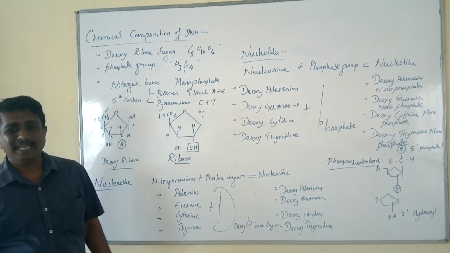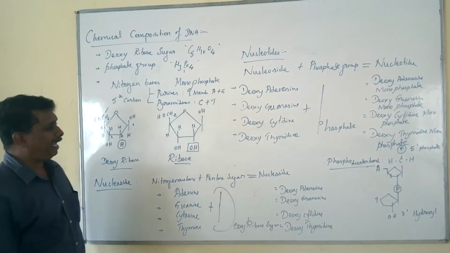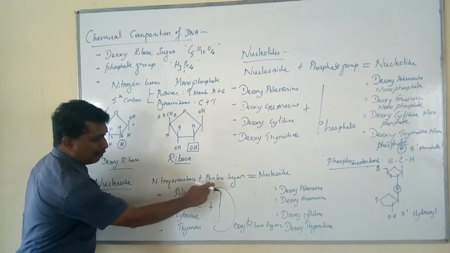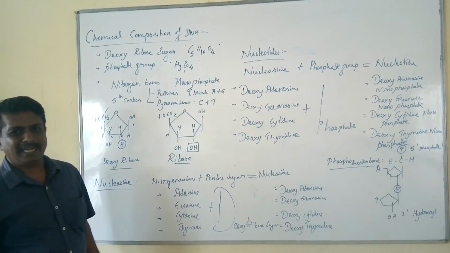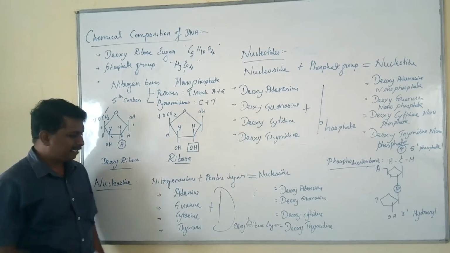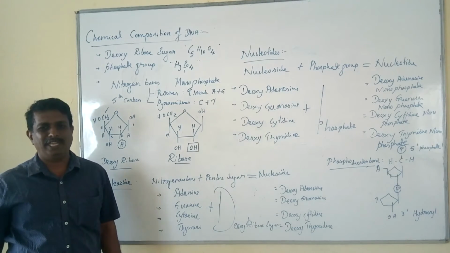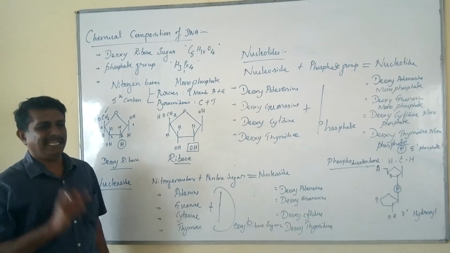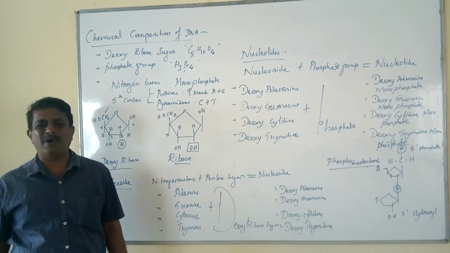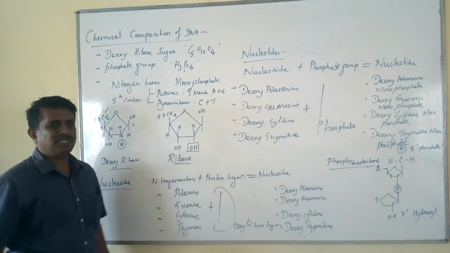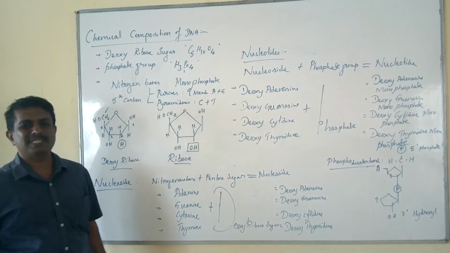It is defined as a complex produced by the combination of a nitrogenous base and the pentose sugar, leading to the formation of a nucleoside. A nitrogenous base is linked to the pentose sugar derivative through an N-glycosidic linkage, or N-glycosidic bond; the nitrogenous base combines with the pentose sugar derivative, leading to the formation of a nucleoside.